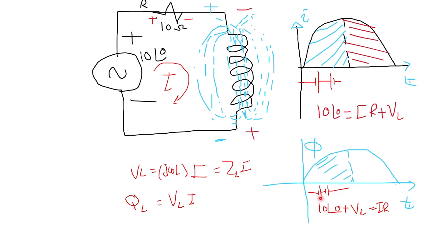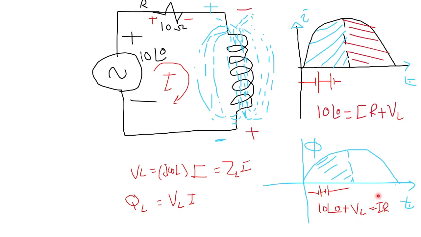So the total voltage rise in the circuit is the sum of the voltage of the source and the voltage across the coil. Applying Kirchhoff's voltage law a second time would result in 10 plus the voltage across the coil